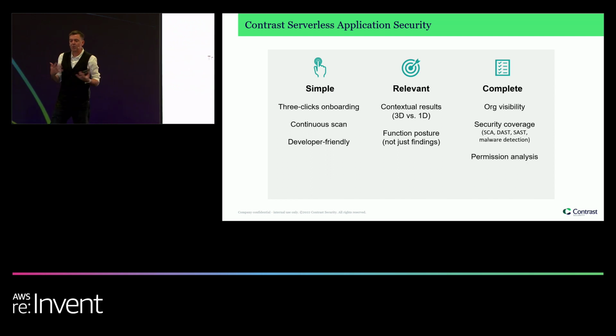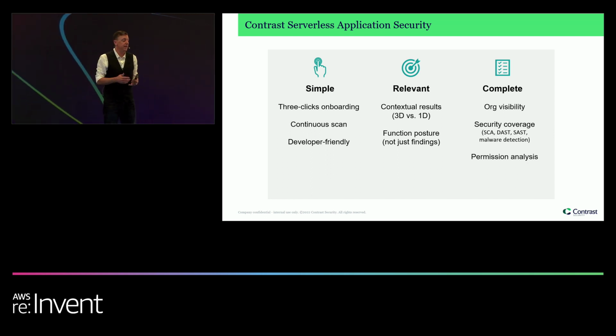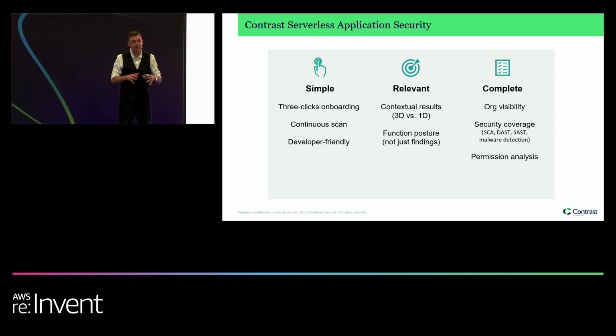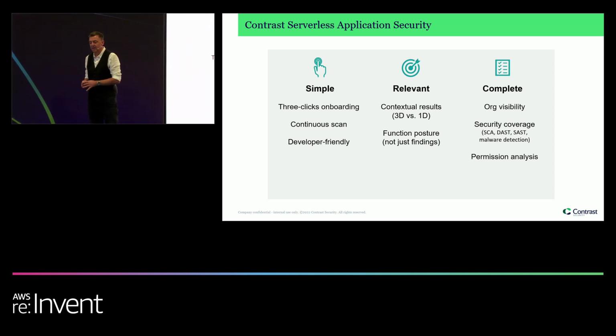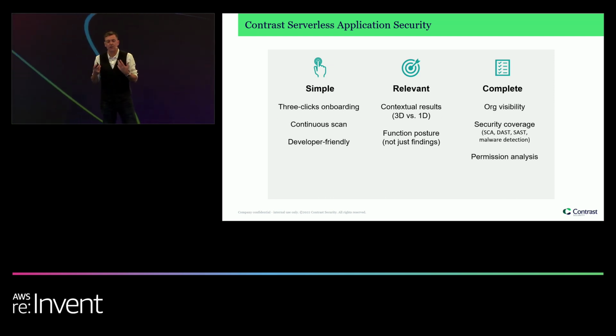And then ultimately what we want to do is give you the full visibility of it. So not just what one developer needs to see, although that's important. We give you what your security team needs to see to fully certify that that environment is secure. So we give you organization-wide visibility into your AWS account and all of the serverless functions and data sources that are attached to them. That's going to give you coverage where you're going to get SCA,